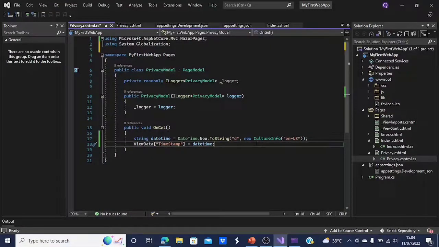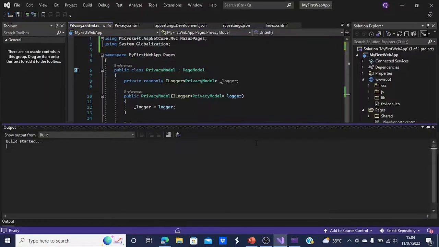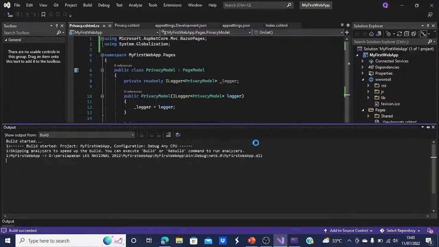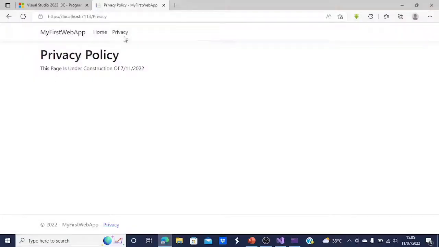And if you want to see it in the browser, click Ctrl+F5, we'll start it and we will see it in the browser. And then we will see the website. In here, nice.